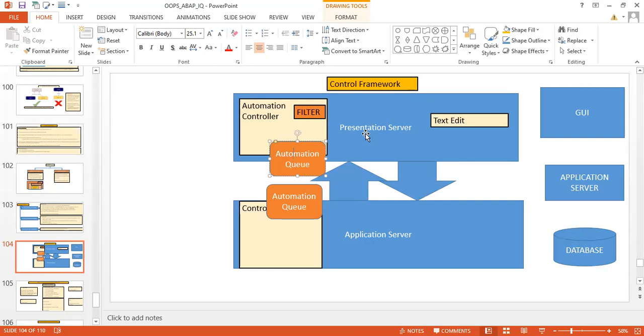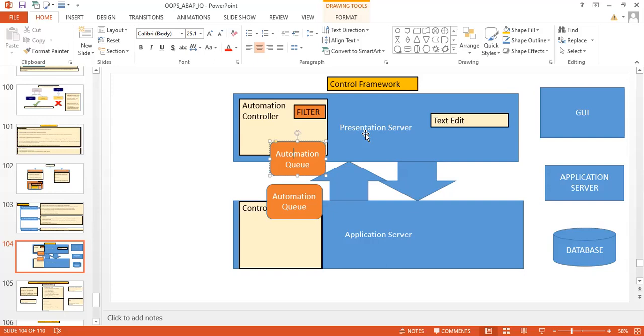When you write module pool programming, after the PBO there are two methods, one is flush and another is dispatch. They are triggered automatically.